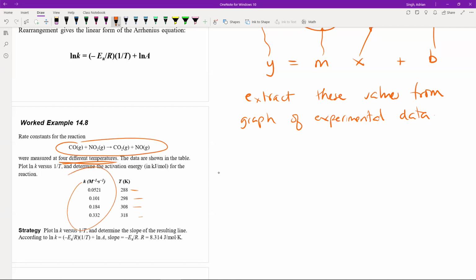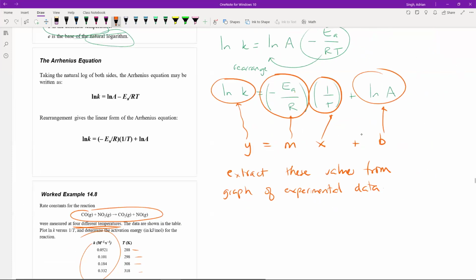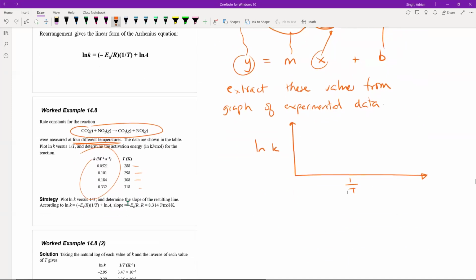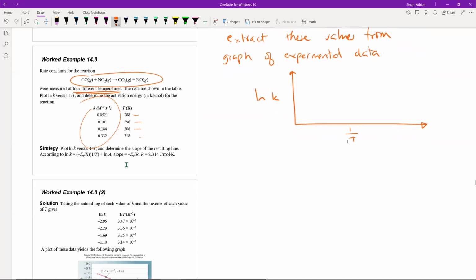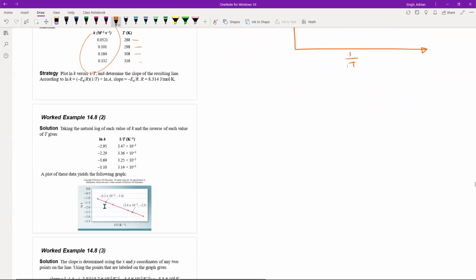So what we're going to plot, right, Y value versus the X value. If I have a set of axes, on the Y value, I have natural log of k. On the X value, I have 1 over the absolute temperature in Kelvin. So I need to calculate these from the data provided. I have the k value, I take the natural log of it, I get some numbers. I have the temperature, I take 1 over the temperature, I get these values, and I plot them on a